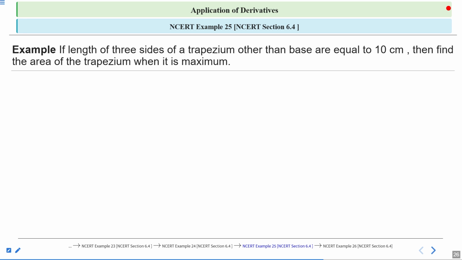Again, we will try to make the function of area. Suppose A of x is the area function, so we will find A dash x to find the critical point, and after that we will find A double dash x to see at which critical point it comes out to be maximum. A double dash x should be less than 0 at the given critical points, so that area is maximized. So in this way, you can try to attempt this question. After that, I'll discuss the solution part.